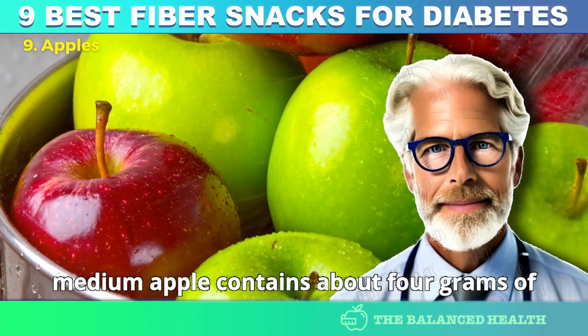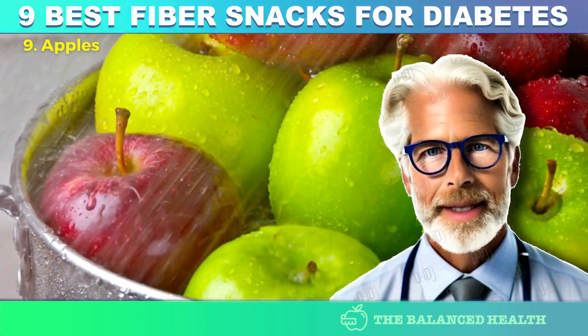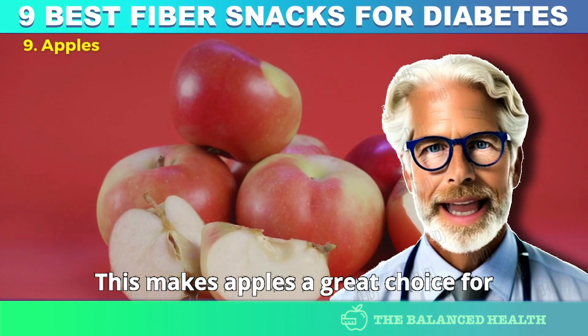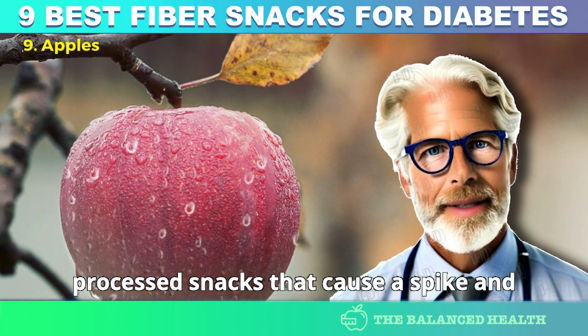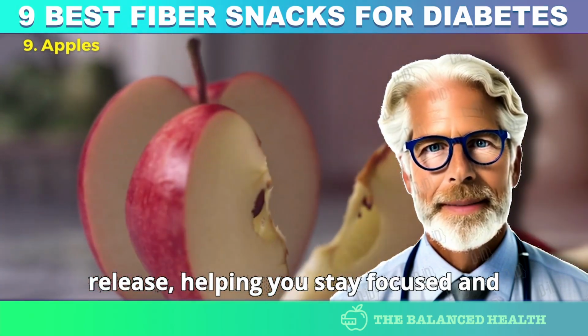One medium apple contains about 4 grams of fiber, much of it in the form of pectin, a type of soluble fiber that slows the absorption of sugar into the bloodstream. This makes apples a great choice for curbing hunger and keeping blood sugar levels stable between meals. Unlike processed snacks that cause a spike and crash in energy, apples provide a steady release, helping you stay focused